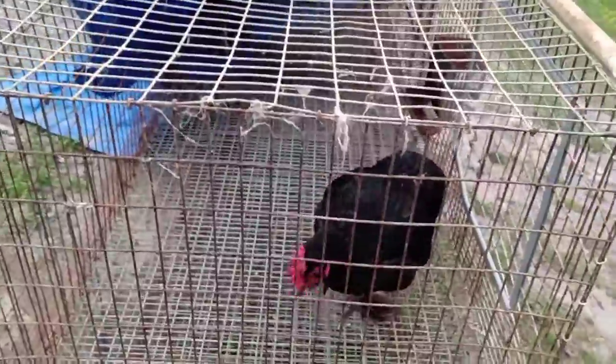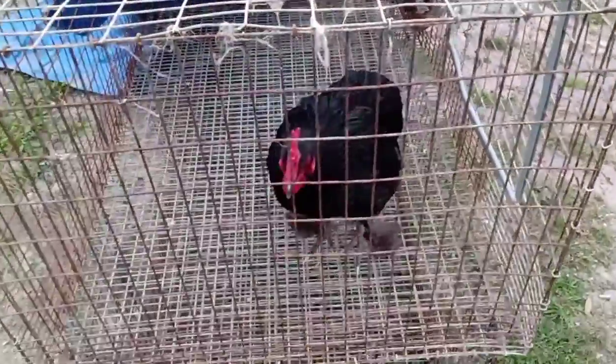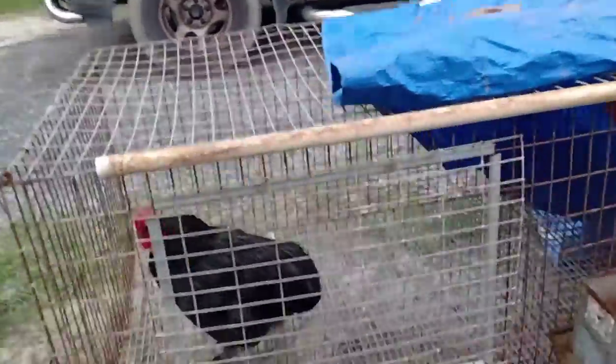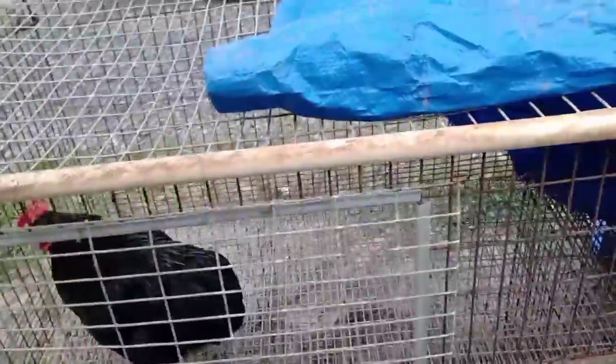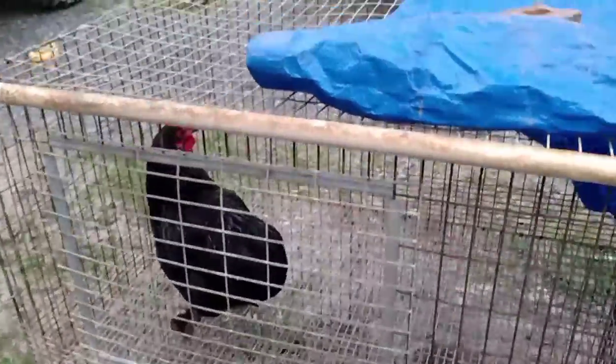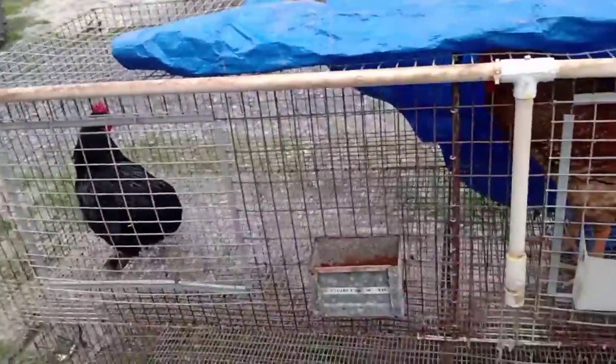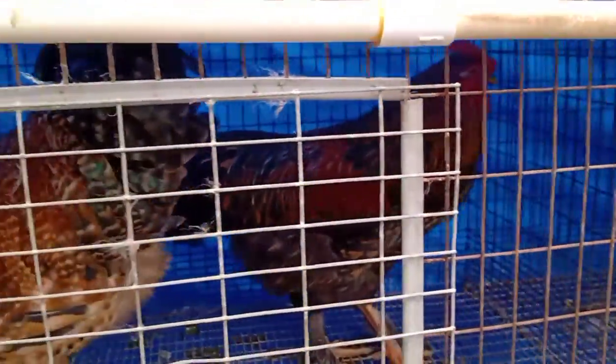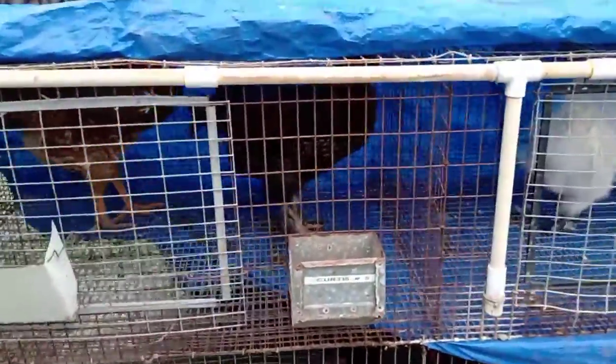So tomorrow is a swap here close to me. And as you can see, I have some birds in these cages. This is my black Bantam Cochin from Frou-Frou's hatch in November. It's the last rooster that I have available. These two roosters are going to be traded for an Americana hen. Well, and I have two other roosters that are going to be traded as well for a pullet of the